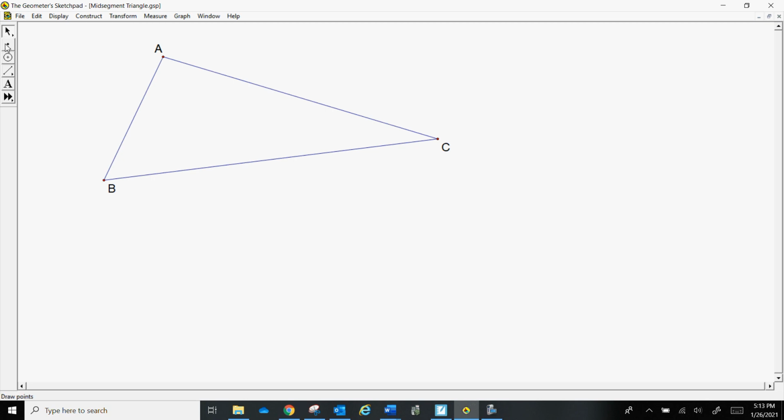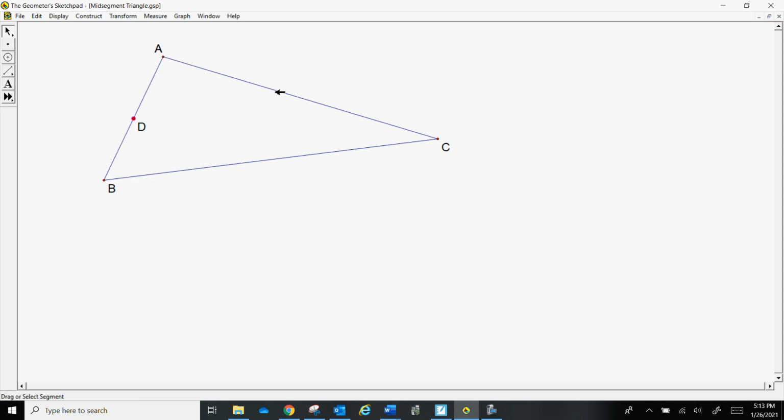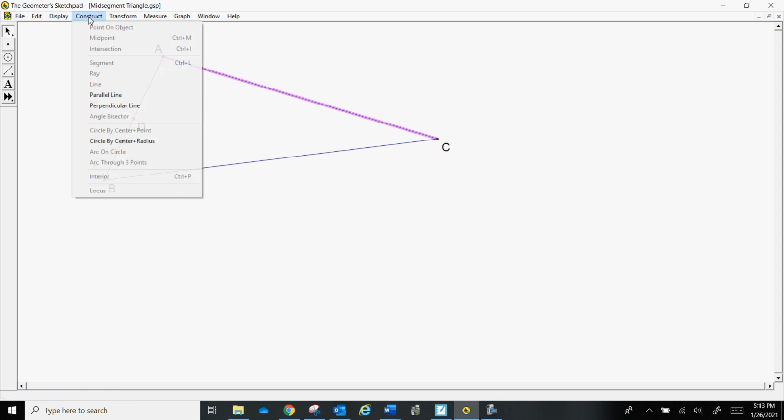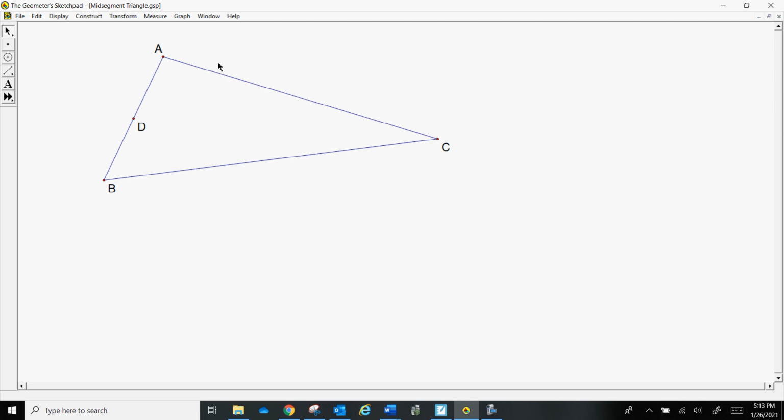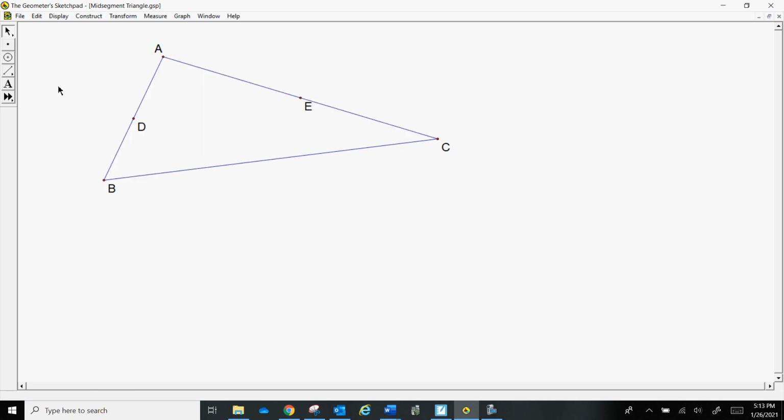Well, a midsegment is simply this: I'm going to find and construct a midpoint right here. I'll find and construct a midpoint on another side. Okay, construct a midpoint right over here. And if I connect these two midpoints, and yes, they're not midpoints unless I label them, and you'll see right there, that DE is considered a midsegment, because of these segments, if I measure,